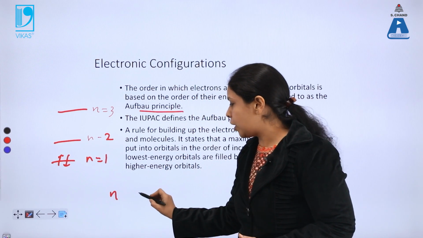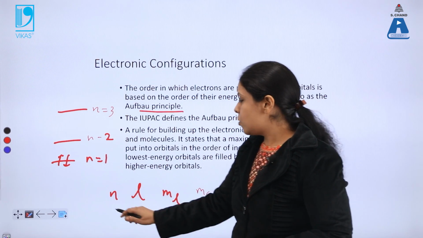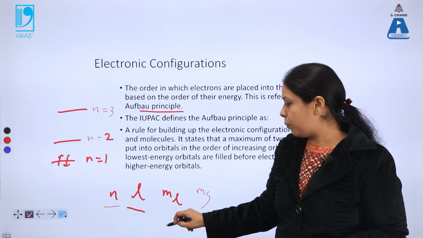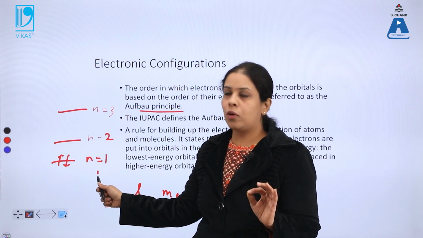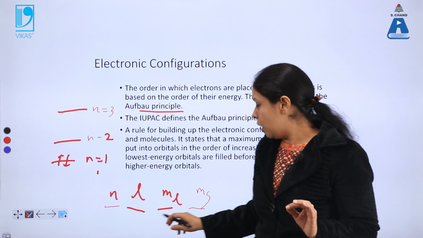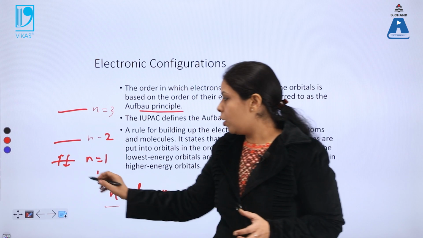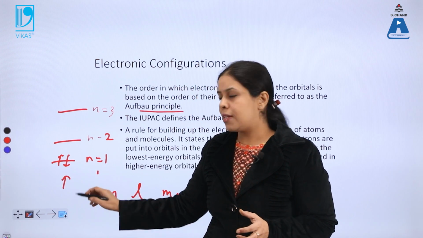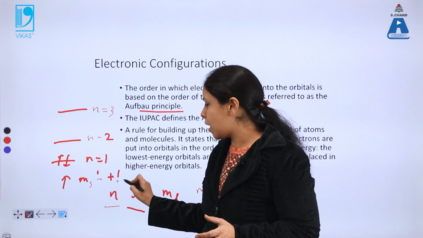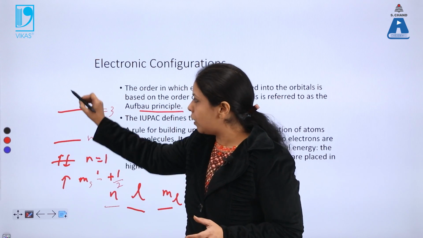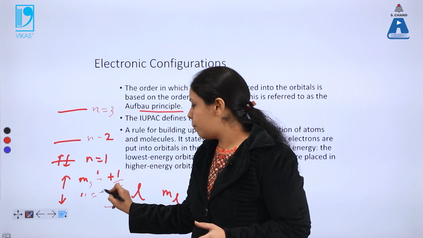As I have told you, there are 4 quantum numbers: n, l, ml and ms. This is your principal quantum number, azimuthal quantum number, magnetic quantum number and spin quantum number. Over here this is the value of the principal quantum number, where n equals 1, 2 and 3. These arrows are shown to specify the spin of the electron. For example, when I put my arrow like this, it means the electron has a spin quantum number of plus half. Similarly, when I put the arrow like this, it means my spin quantum number is minus half.